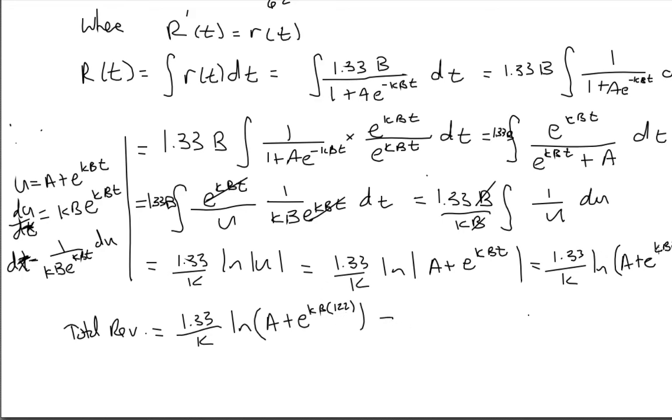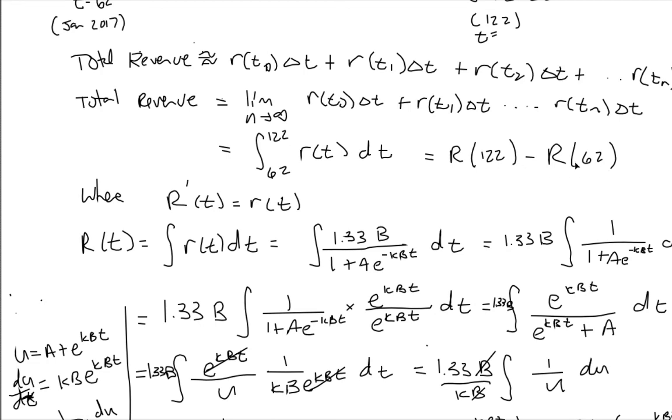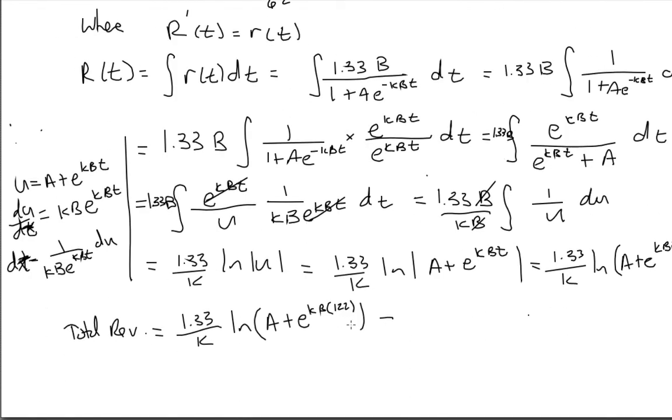And then we're going to subtract, because our definite integral says we now subtract capital R evaluated at t equals 62. This is going to be 1.33 over k times the logarithm of a plus e to the kb, and now we're evaluating this at 62. And if you now plug in all of the numbers, so we know what k is, a number, we know what a is, a number, we know what b is, a number, so if you plug all of those numbers in and ask a calculator to do this for you, what you find out is that the answer is equal to